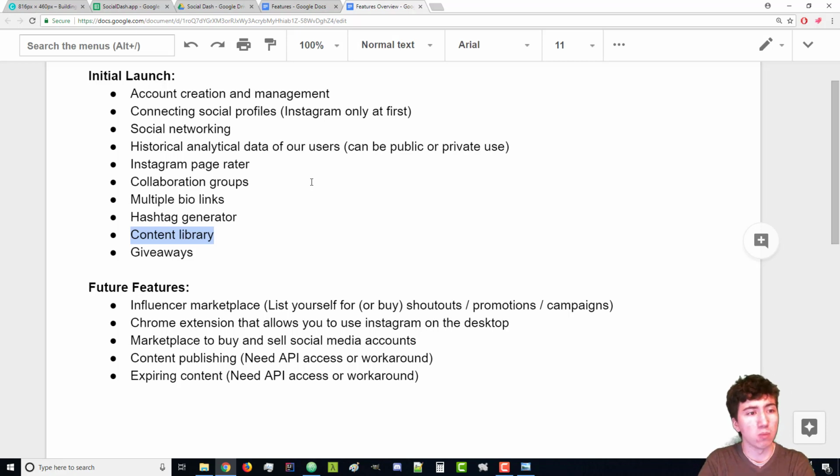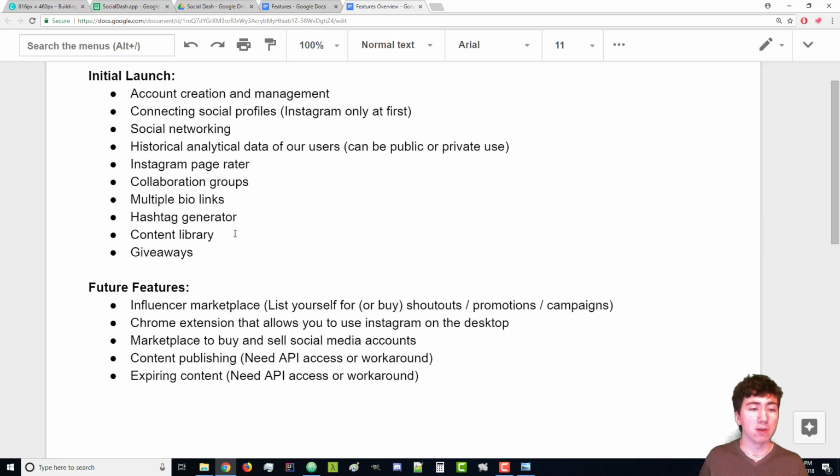So that's one thing. We can also make it so whenever you post on Instagram, that automatically is added to the content library. So if you like to reuse the same content, if your type of content is something you can do that with, then that can help you as well. So you can upload your own content manually. It's basically just like a little Dropbox type thing for your own content that can be helpful.